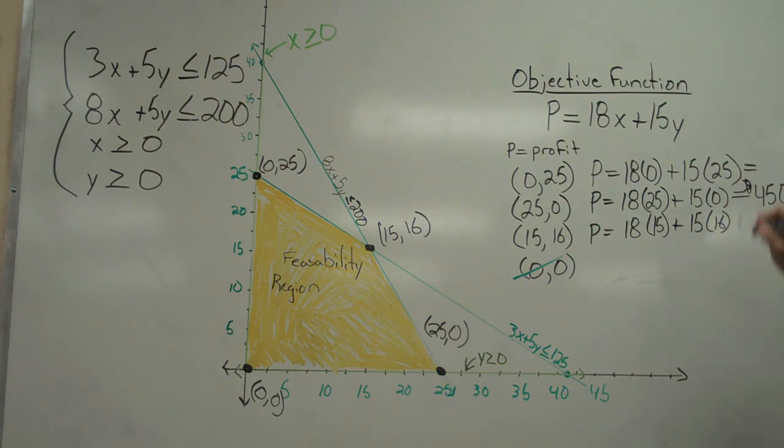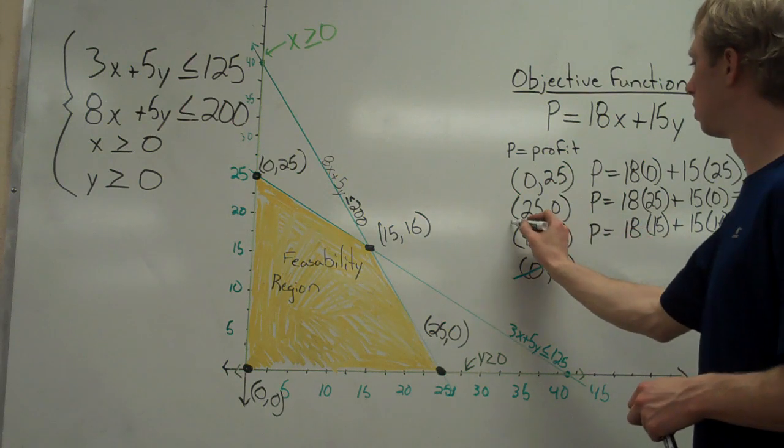But when I have 0 of those and 25 of those, I would end up with $375 in profit. Lastly, when I have 15 of those and 16 of those, I end up with $510 in profit. To maximize my objective function,